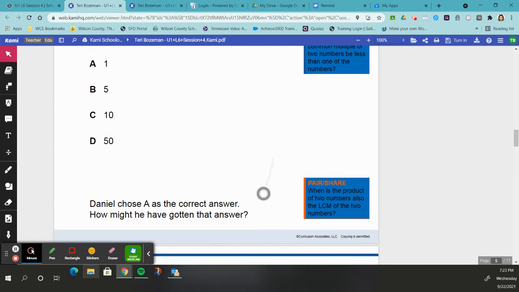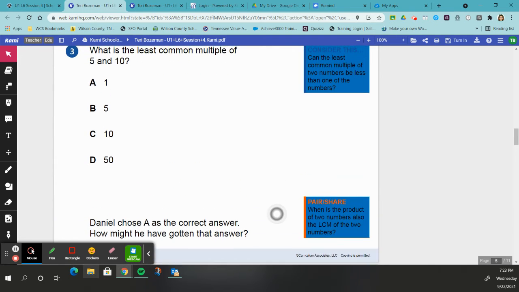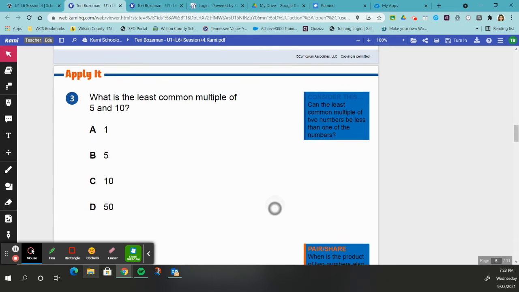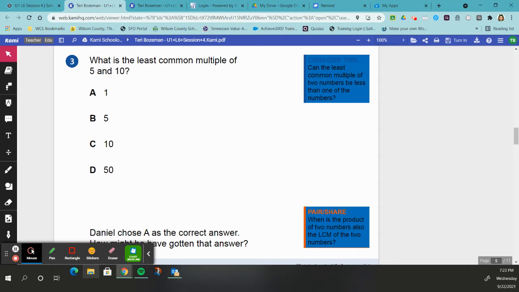The next part of the problem says Daniel chose A as the correct answer. How might he have gotten that answer? So A is 1. So that makes me think that maybe Daniel was finding the least common factor and was